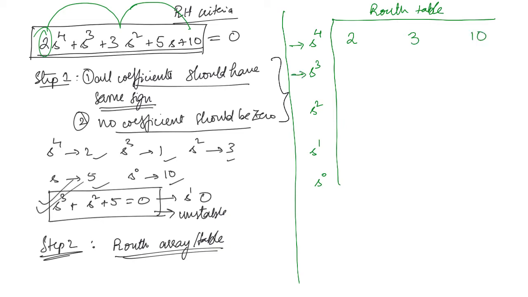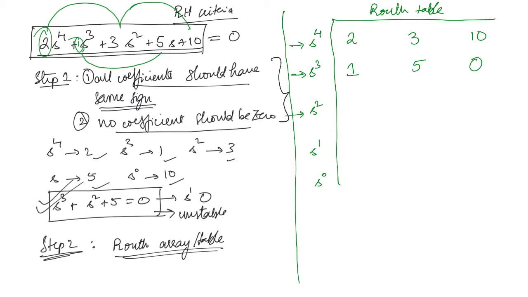And the second row, you will start with the coefficient of s cube, which is 1 in this case, and then you will take the alternate coefficients, that is here the coefficient of s to the power 1. That's all the coefficients are completed, right? So here you have 1 and here you have 5. So like this we have filled the first two rows. Here you can simply take 0, because there is no other coefficient left. So the first two rows, they are pretty straightforward. We will next see how to fill the third row.